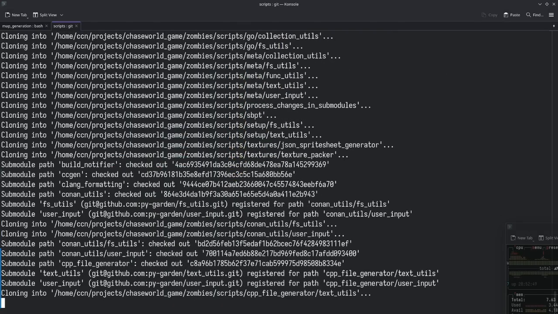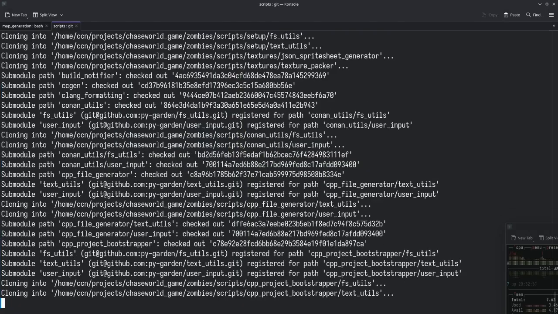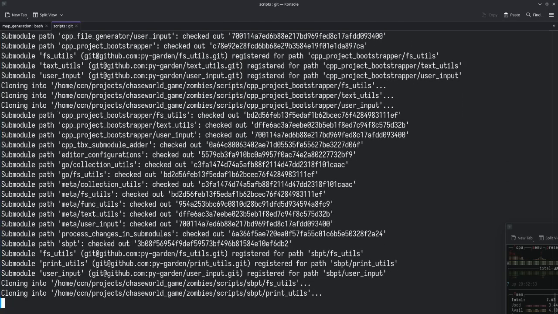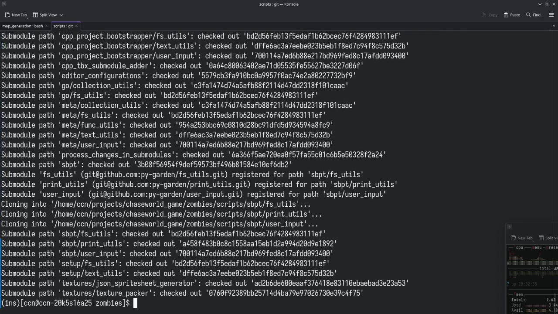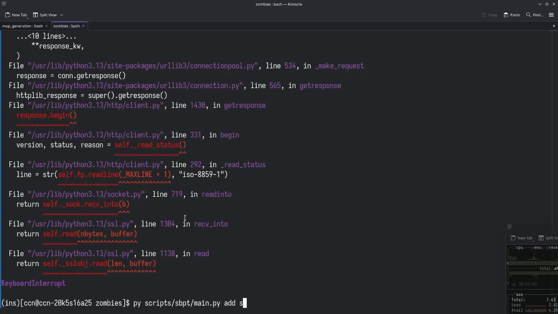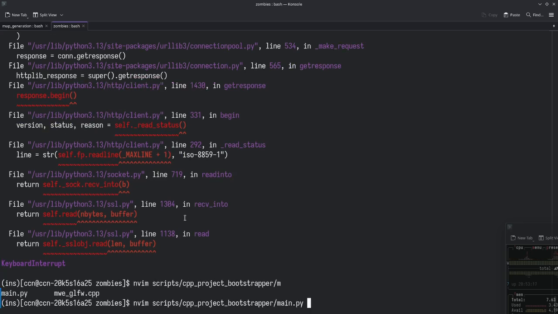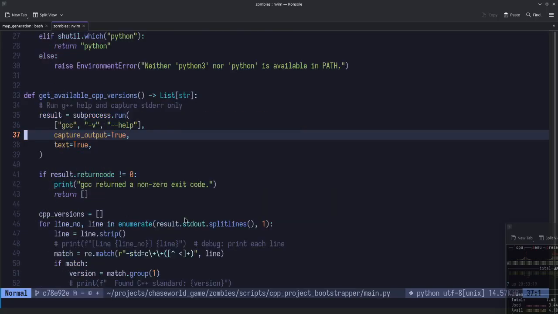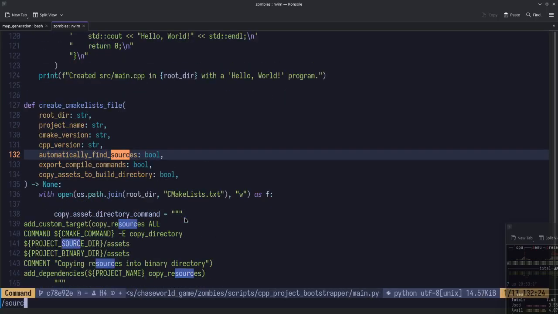we have to have known that SBPT is the next program we want to use, and that we're going to add a sub. So scripts subproject main add source, and there is no source, and that's because we actually need to run the CPP project bootstrapper, and the CPP project bootstrapper is not even good yet, so